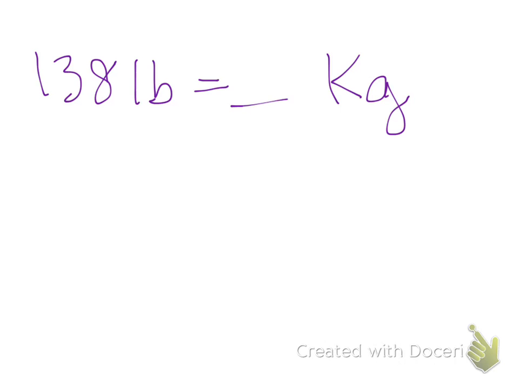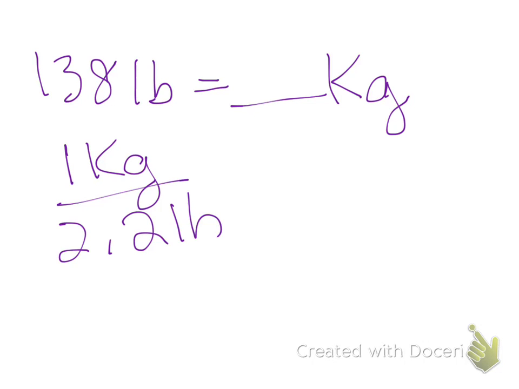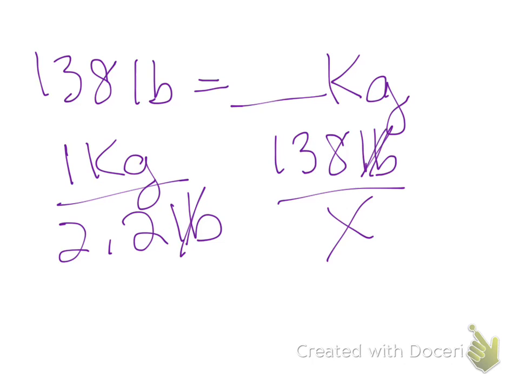The next one is 138 pounds equals how many kilograms? Again, this is one that you need to memorize. So you have 1 kilogram to 2.2 pounds. So that's going to help you with this conversion here. And they're 138 pounds over x, so you just cross this out, you're going to multiply that. So this person is 62.73